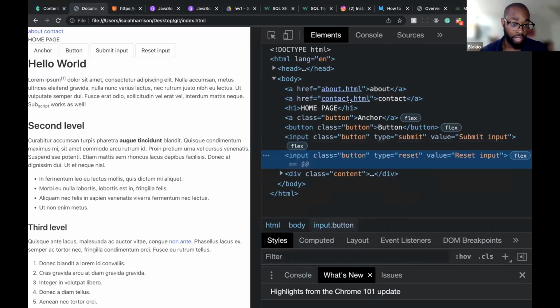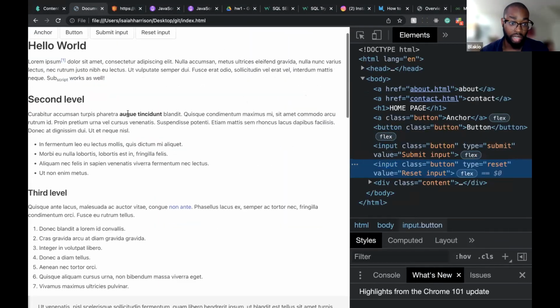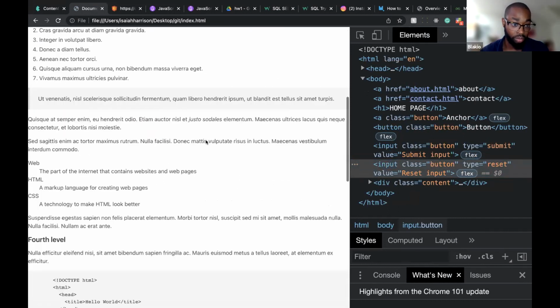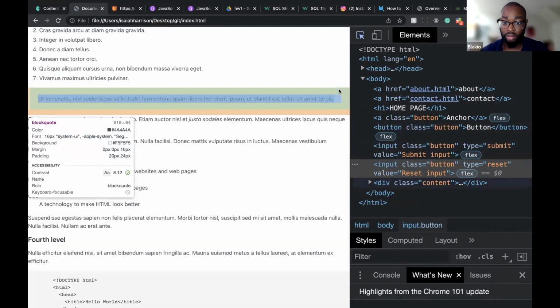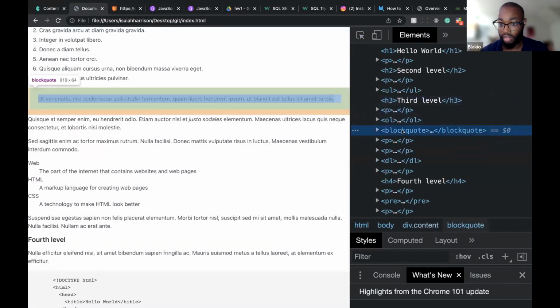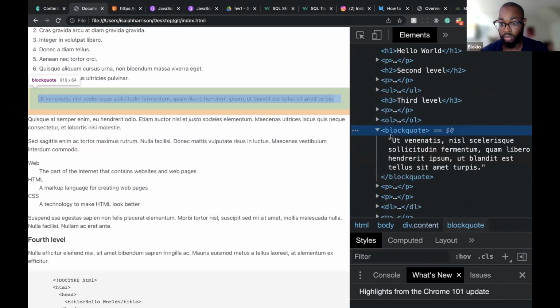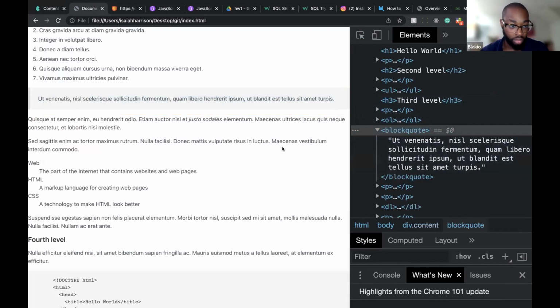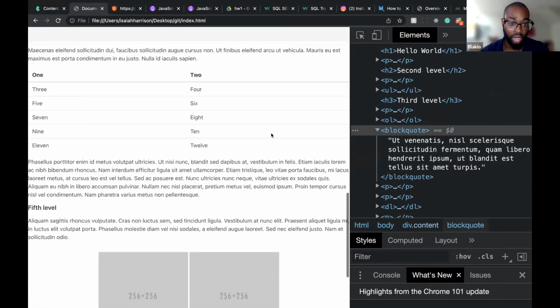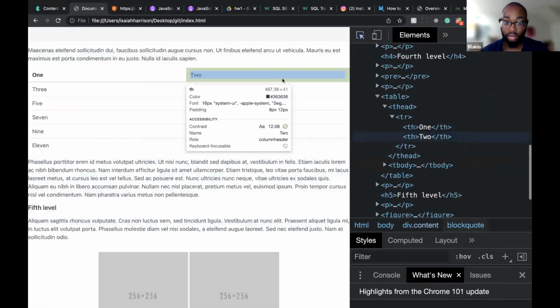Everything here is already styled. We got these bold things here. We even have these boxes with text inside of them. And we can literally go through and see which element is which. That is a block quote, and it already has styling in there for us. We even have a table here. So if I go here,